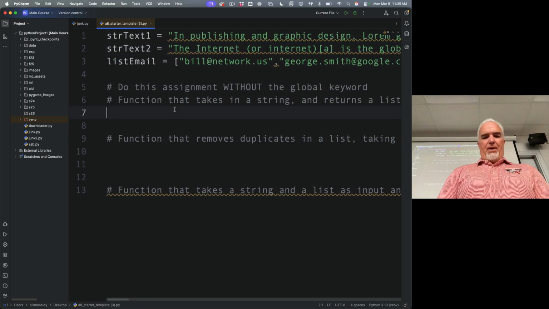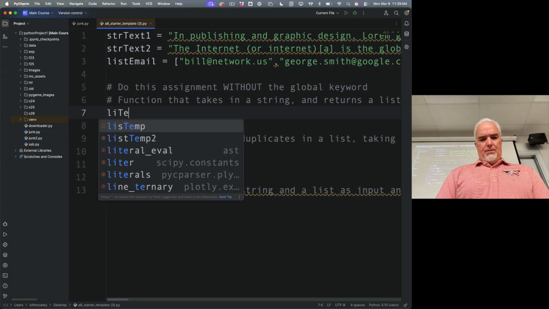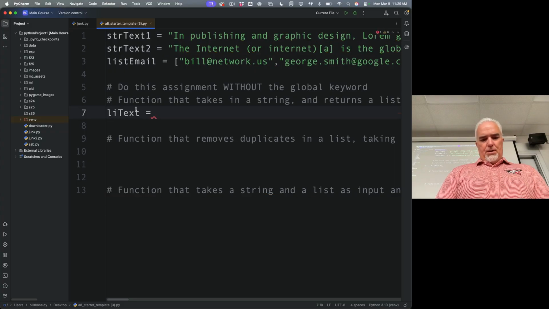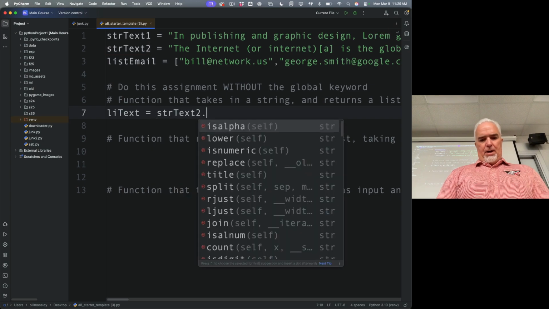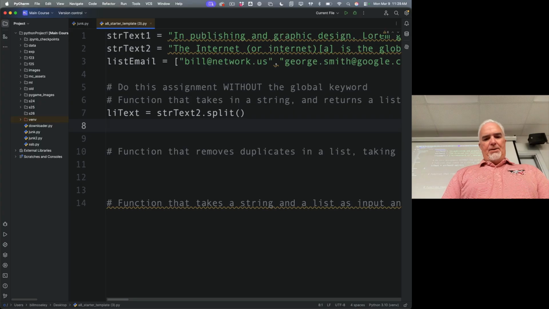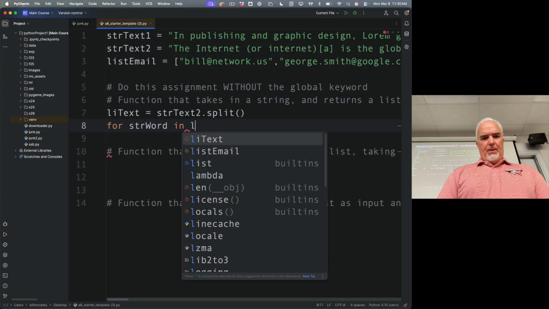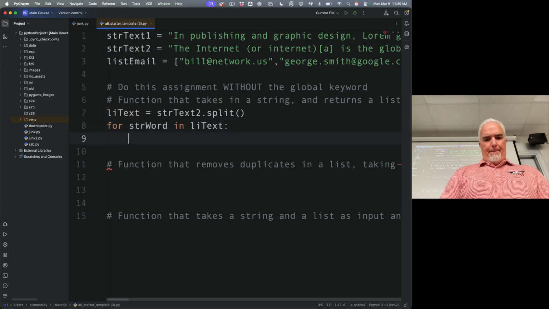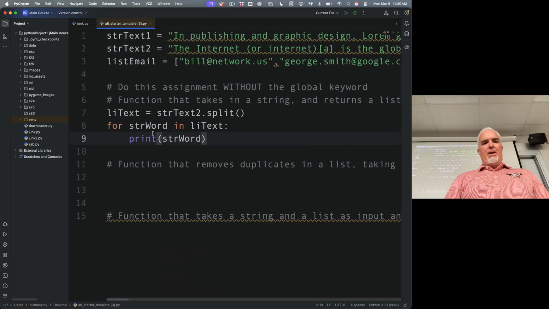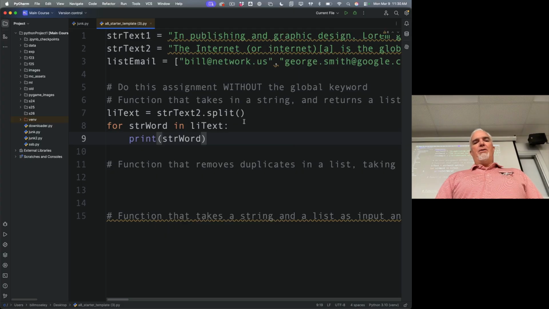So if I do this, if I say li text equals str text2 dot split, and then I say for str word in li text, print str word. So all I'm doing here is breaking that up by spaces and then printing out each individual word. So if I run that,